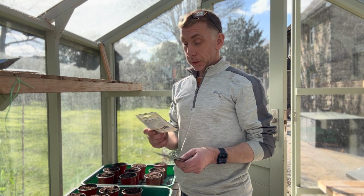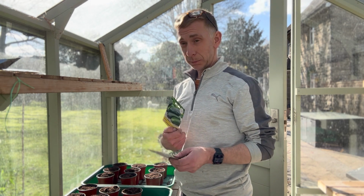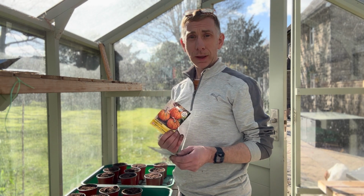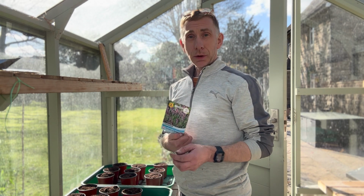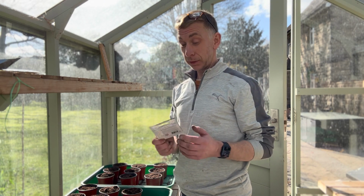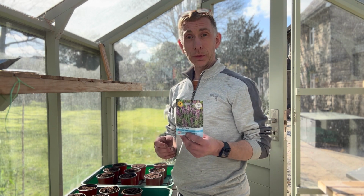1 batch of cucumbers, but this time we are doing the small versions, and these grow well and keep it relatively small. We're also going to do some pumpkins, which if we plant them now, they'll be ready for Halloween. And I'm going to have another go at doing some lavender, because that didn't do very well last year. In fact, I didn't do anything at all. So we're going to give that a go, because it does say that it takes 1 to 5 months to